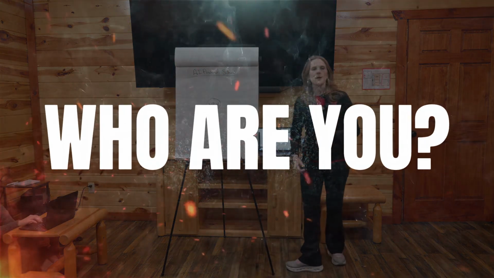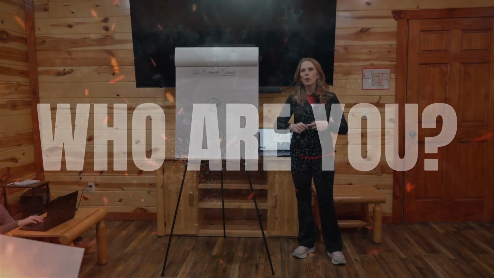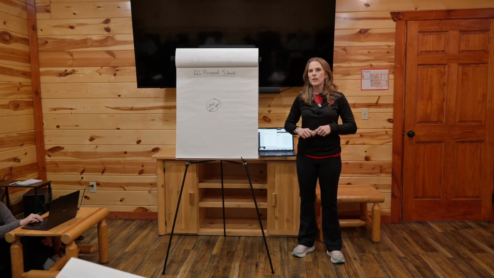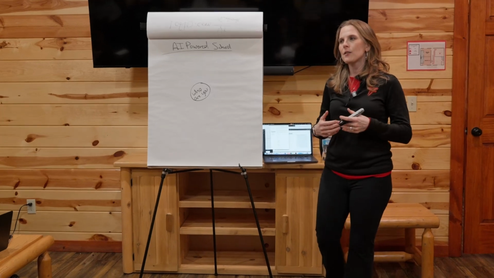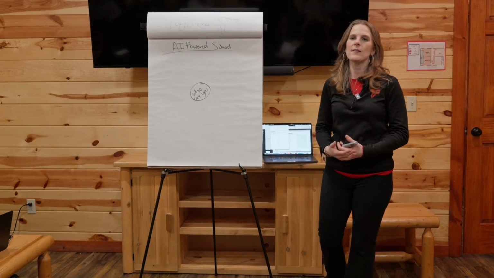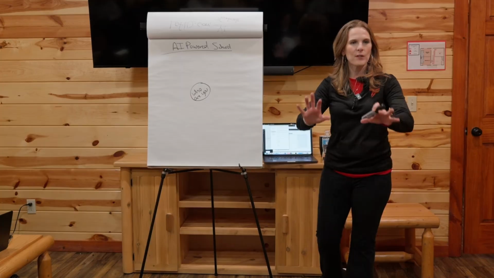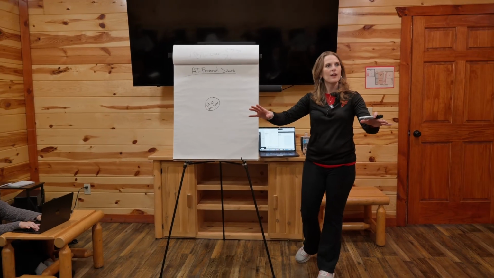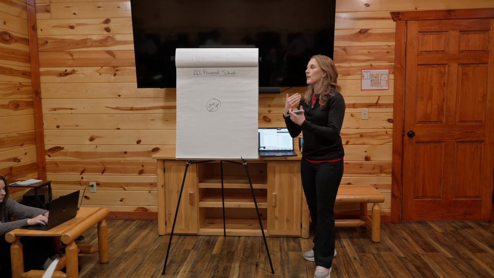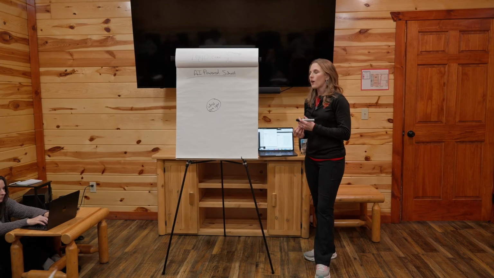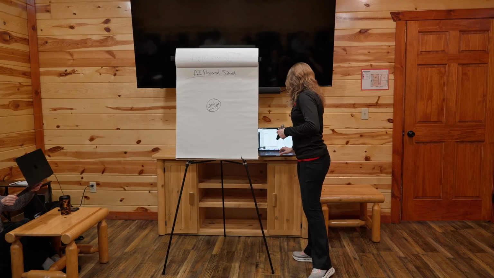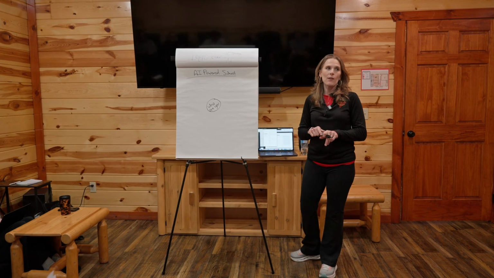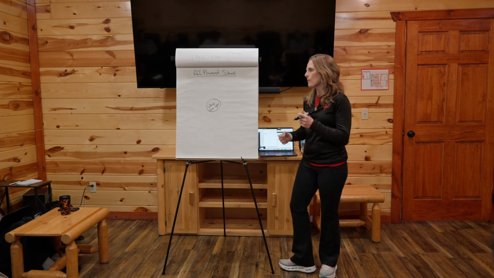Who are you? How do you sound? What do you like? What do you not like? What do you resonate with? This is one of the reasons why it's easier to talk to the AI, because we're conversational human beings and we don't naturally all sit here and type. We can just use the voice features and talk about who we are. So who are you? That's going to be layer number one. Start just chatting with it. You can pull up ChatGPT and start putting it in there.